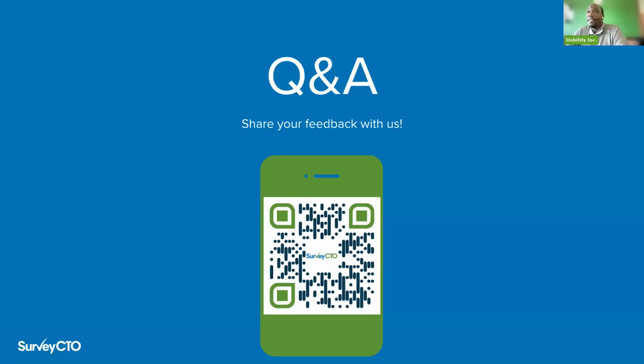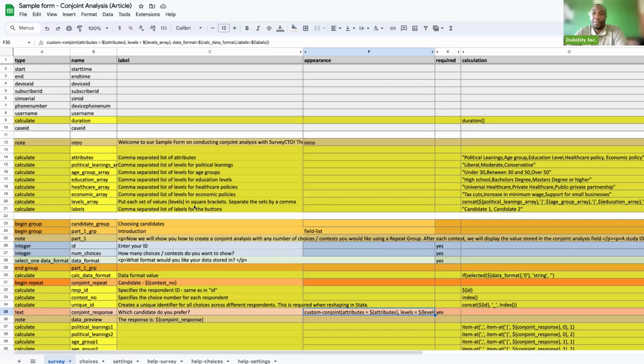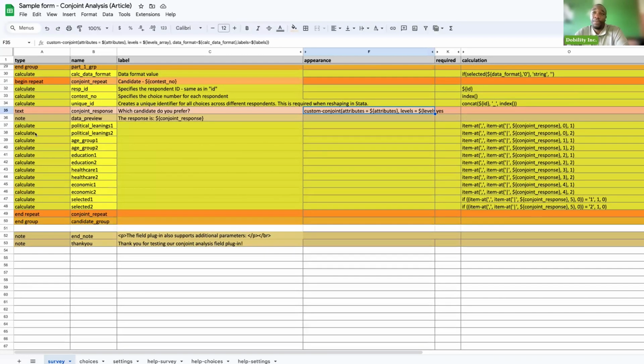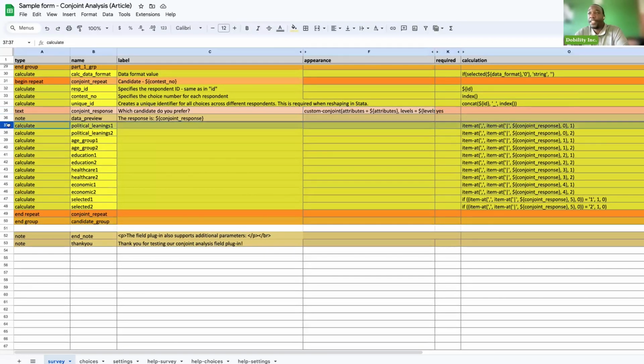I don't have the time to actually export the data, but the data will essentially be something like what we had on one of the earlier slides. That's what's going to be exported in Excel. Now, if you don't want your data exported that way, what we do in our sample form is we actually split up